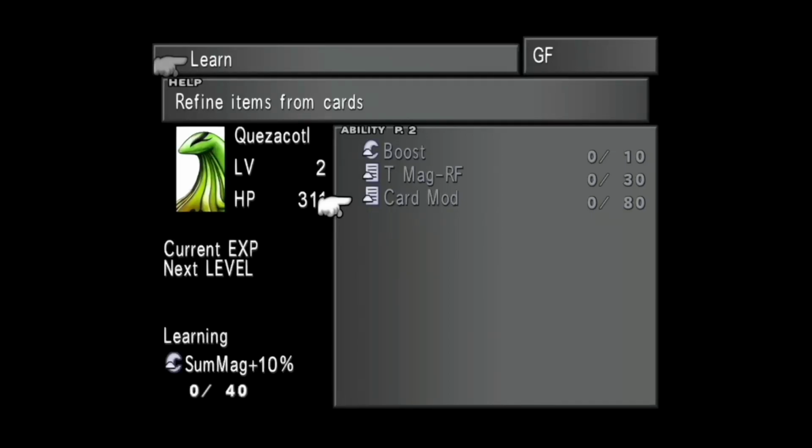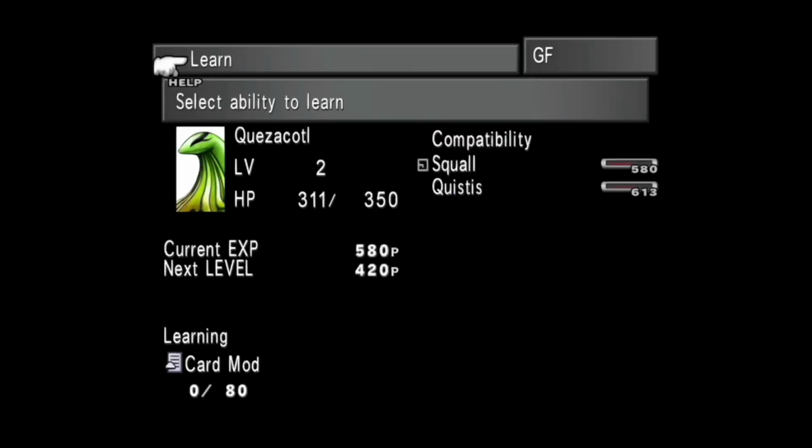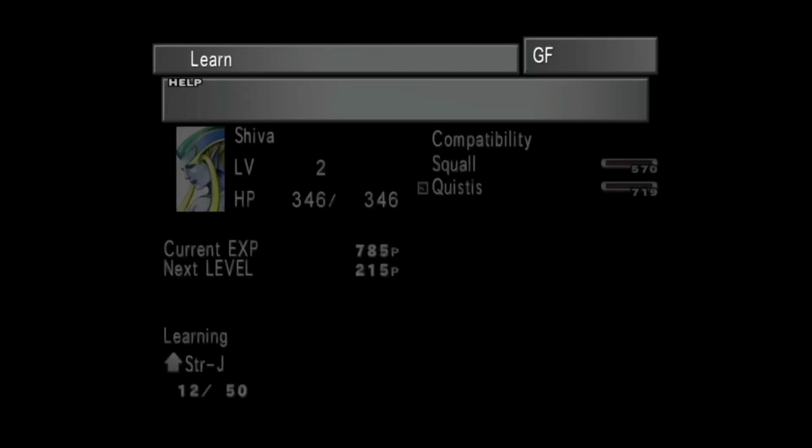Is going to be the next thing that I want to do there. So let's get Card Mod in. Probably the most important, or one of the most important abilities in the game. So let's get that going for him. And then for Shiva,